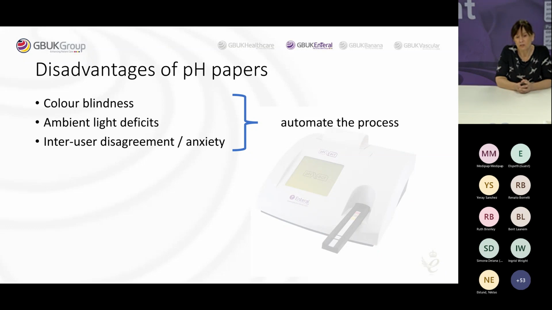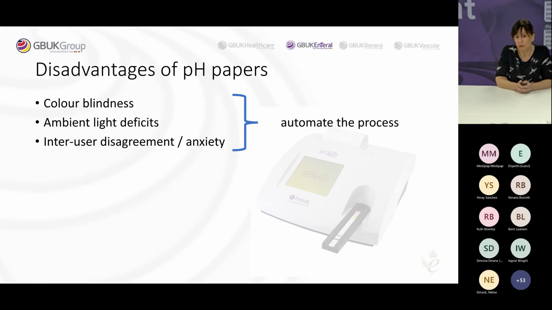And when testing was done on the pH strips, many people disagreed on individual pH strips, but were able to say what the overall result of the pH strip was accurately, because they were able to get one or more colours correct. Ambient light defects, as I've said, particularly as a nurse myself, I know that when you're on night